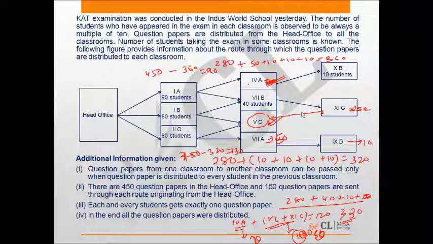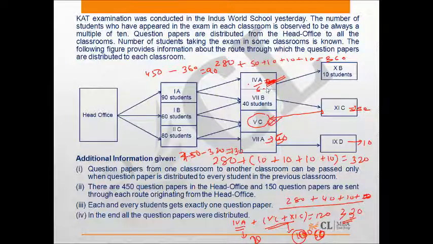It can be noted that the total question papers that reach class first A from the head office is 150, and the number of question papers required for class first A is 90. It means 60 question papers are passed on from class first A to classes 4th A and 7th B. So the maximum number of question papers that can reach class 4th A is 60,